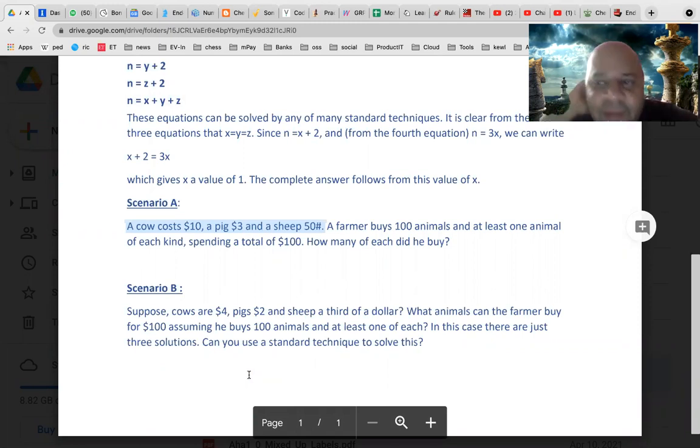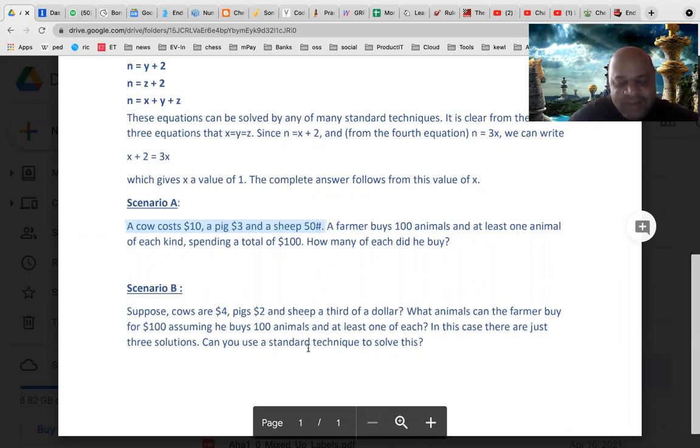Why I'm saying solving by equations is that someone can give you one puzzle, someone can give you a second puzzle, a third puzzle. If you know the technique, in 3 minutes you'll be able to solve everything. Otherwise, you have to keep trying: this is the number, that is the number, what is possible. That is manual and error prone. So instead, this is the mathematical way of solving. Let us again look at the problem.